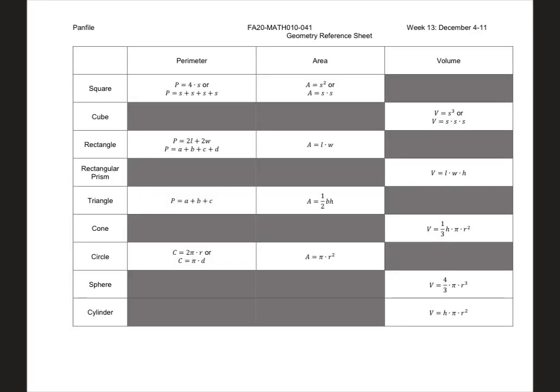Right to it, we have all these formulas, but this time we are going to be looking at the volume shapes, which are our 3D shapes. So our cube, our rectangular prism, our cone, sphere, and cylinder. So you see those formulas there, and we're going to use them. I want to double check because I don't know off the top of my head. 4 over 3